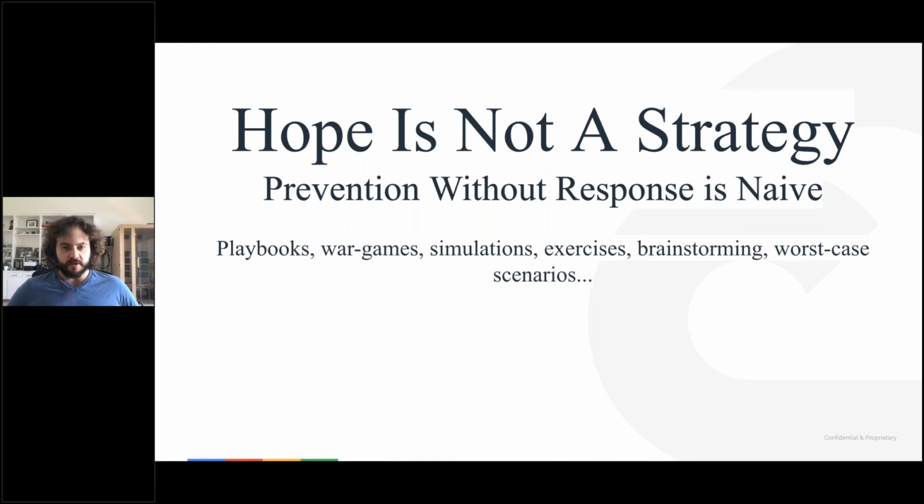What's the worst case scenario that could happen to your supply chain? What's the worst case scenario that could happen to your production environment from a security perspective? Think through these. You can have fun with it. You can do it once a year or once a quarter, something like that. Write some playbooks for it or game it out. You don't need to have answers to everything. Just having spent the time with your team to